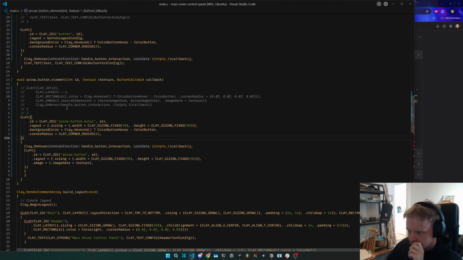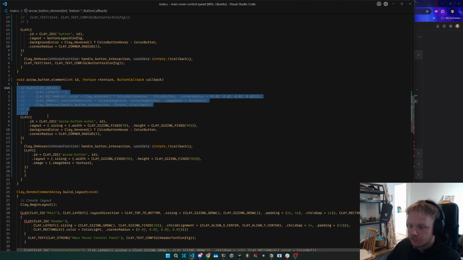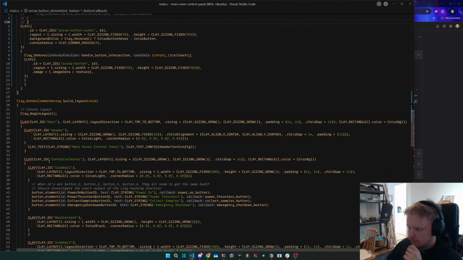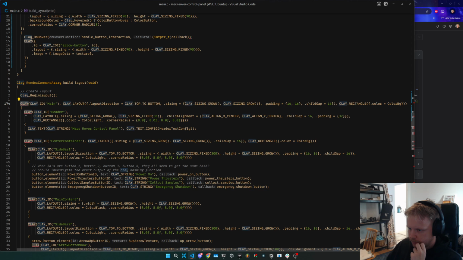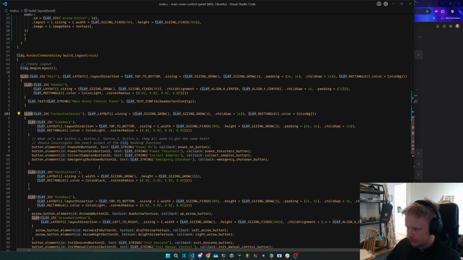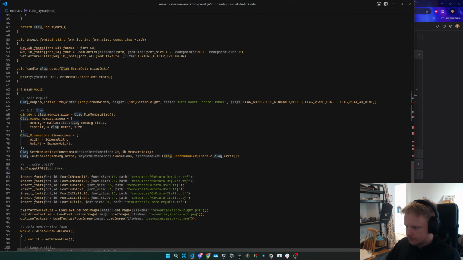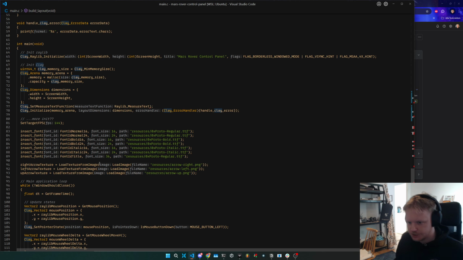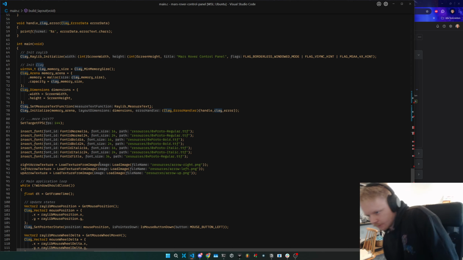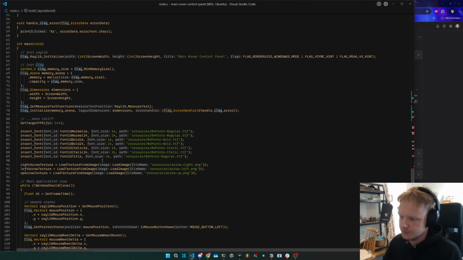Let's see if we missed anything. No. So this is the conversion from what we had before. And then what you're going to do is go through and replace all of these with the new way you do the layouts. And then one other big change is a change in the Raylib